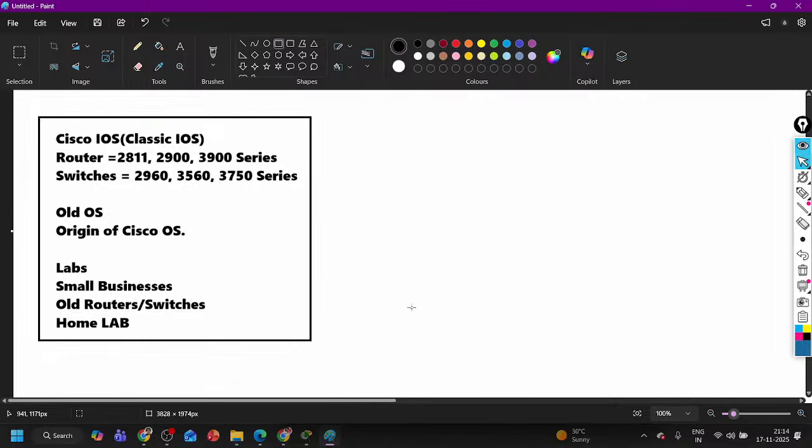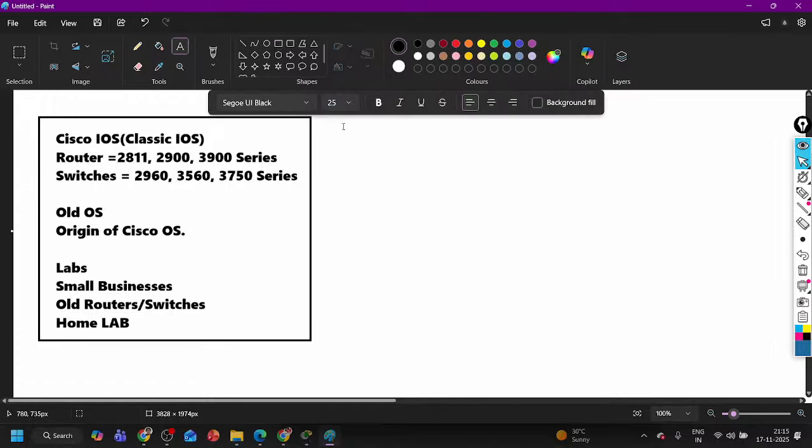In small offices you can find devices like the 2900 series router or 3560 switches, but not in the corporate. Earlier this iOS operating system was very popular. Even today also it is popular, but in our enterprise network, in service provider network, in data center network, we have another operating system. Now for today's enterprise network, we have the Cisco operating system called Cisco iOS